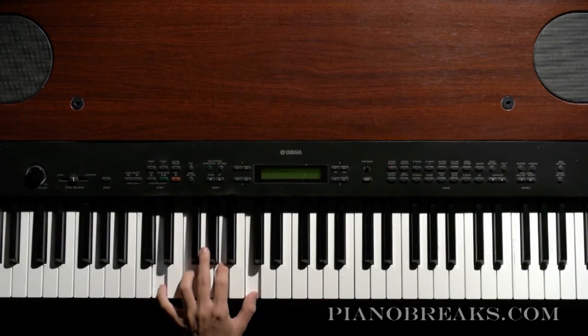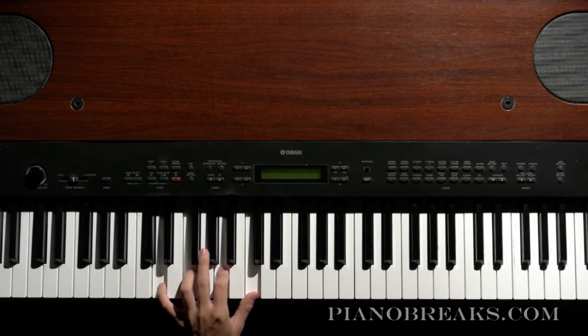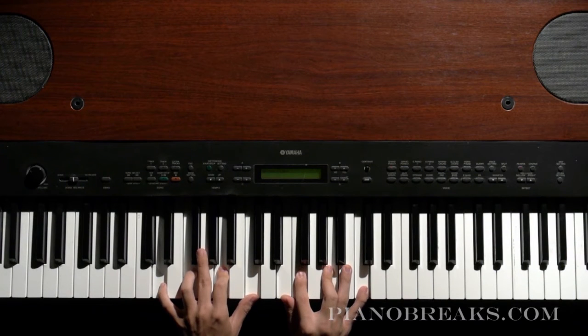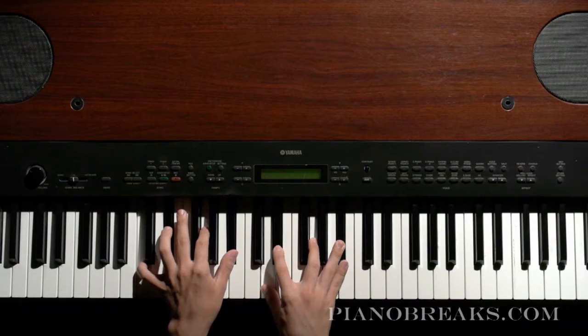We were playing this 2 chord, or this D chord, but we didn't really know what it was about, like what kind of chord it was. So this 2 chord is actually a D minor 7th chord. So D minor 7, with the 2, 3, 5, 7 stuff that we were doing. It's pretty much the same as this chord, which is C minor 7 and 2, 3, 5, 7, except it's